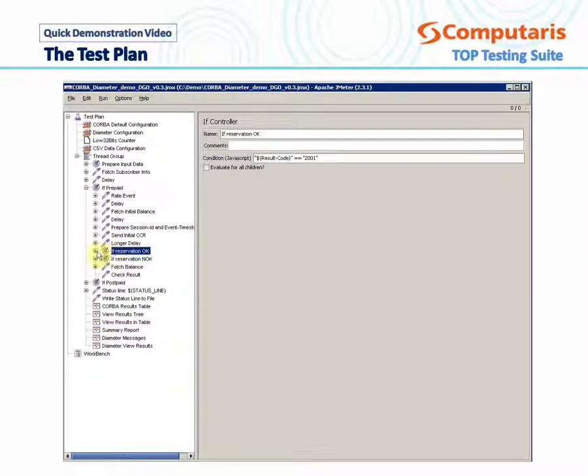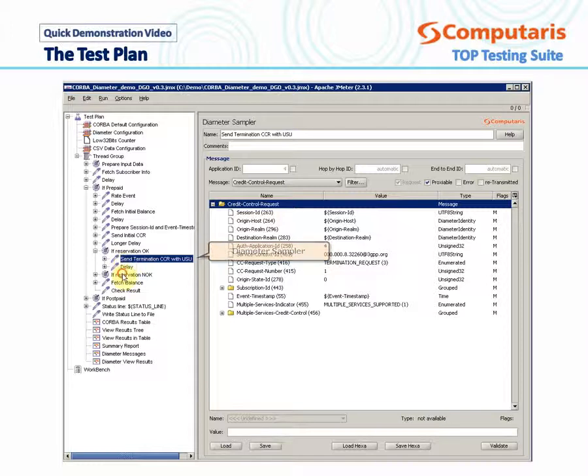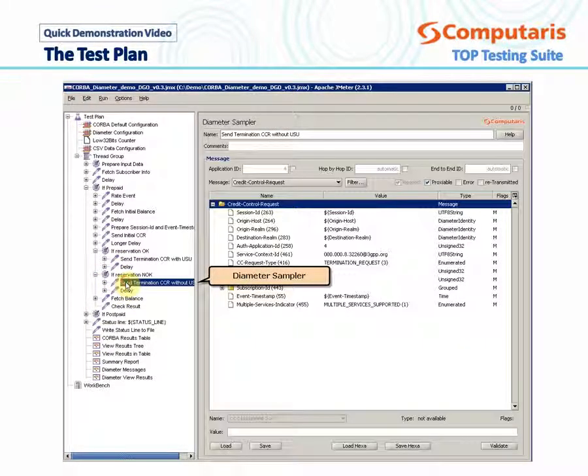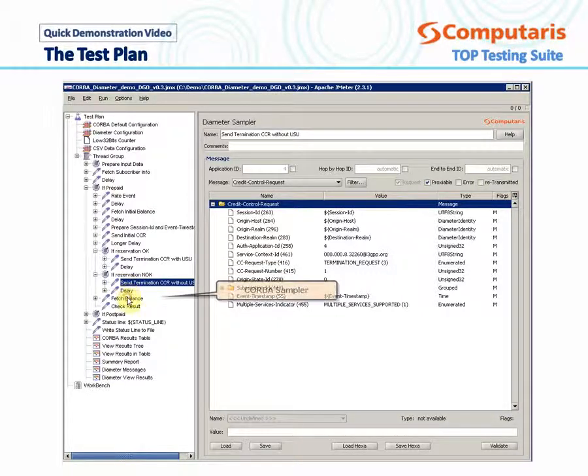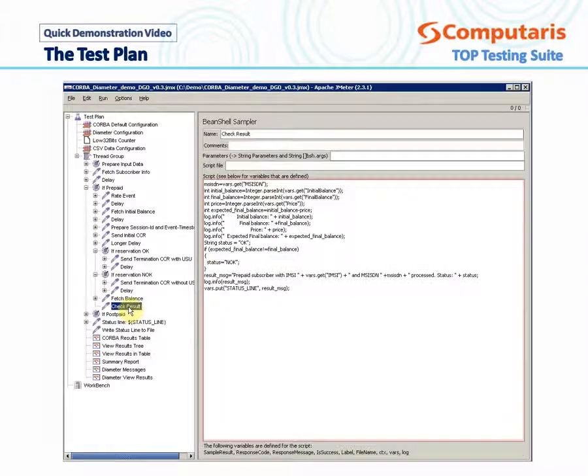From the 2 diameter samplers in the test plan, the first one is used for interrogating the online billing and charging server. The second one returns termination messages with or without used service unit, depending on the result of the interrogation. Another CORBA sampler fetches the subscriber's final balance from the account manager, and the prepaid results are stored using